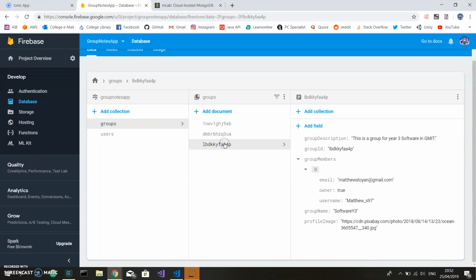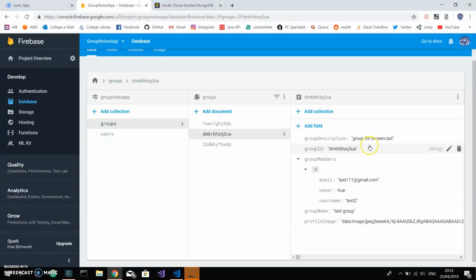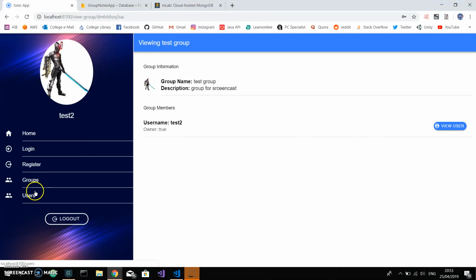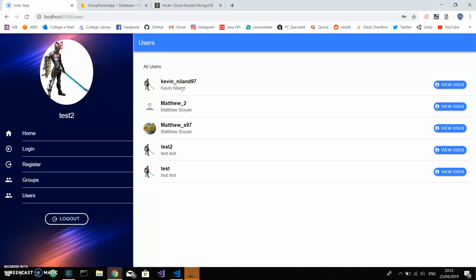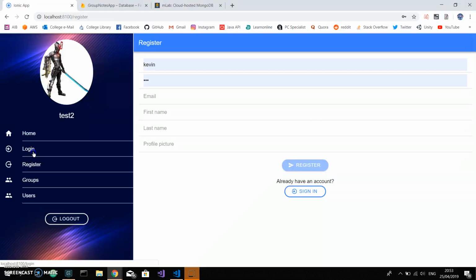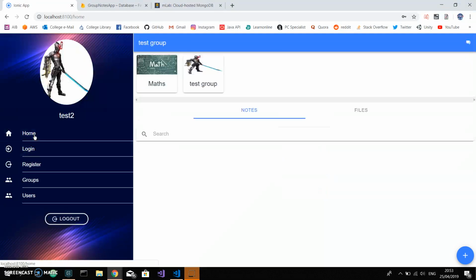You can see this is our group here, with the users in the group, and he's the owner. This is just a list of the users, and this is basically a list of all the registered users. So that's the main functionality of the app. If you're at the home page and you're logged in, you can see which groups you're part of, and notes should load here. Now we're just going to go through the code and get a quick overview of